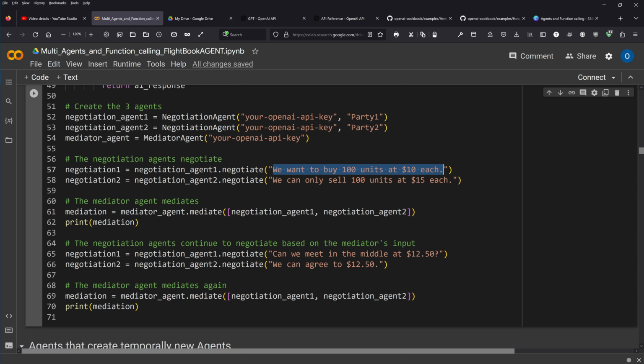So we have the negotiation start. Agent 1 says, hey, I want to buy 100 units of whatever at $10 each. And this was the buyer, and the seller says, hey, we can only sell 100 units at $15 each. Great. And now the mediator comes in. We have here our mediator agent with the method of mediate. We have here the input of agent 1 and of agent 2,